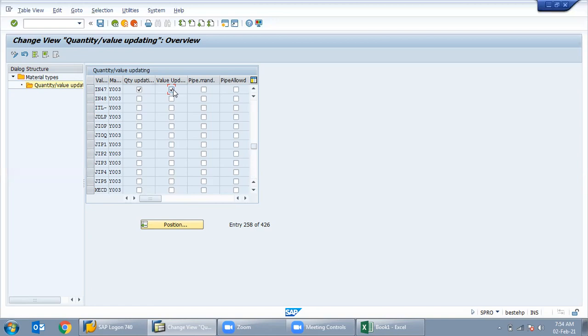But see, suppose we are not giving that checkbox, that means at the time of MIGO, that is a goods receipt. Have you done a goods receipt, MIGO, right? No, sir. Okay, that is master data.